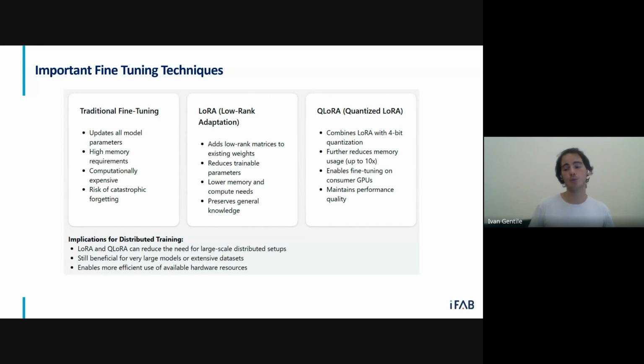In order to minimize this risk, you cannot really avoid it, but you can minimize it with the LoRA, low-rank adaptation method. This is very cool. It has a very interesting reason for working.